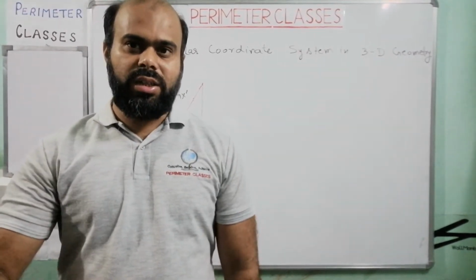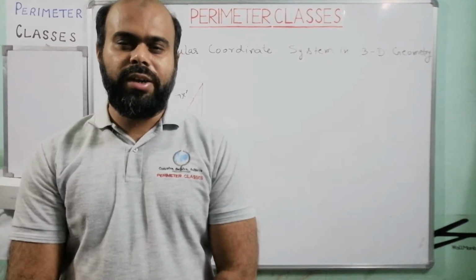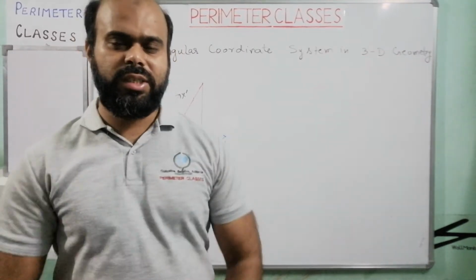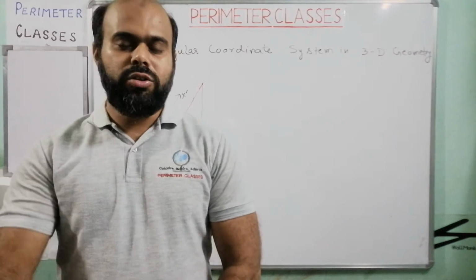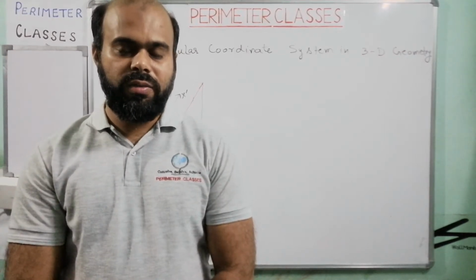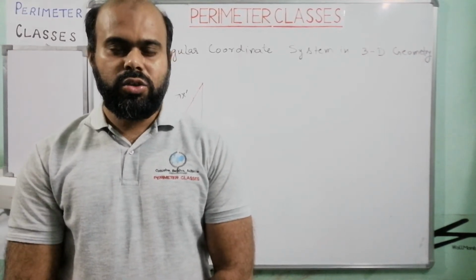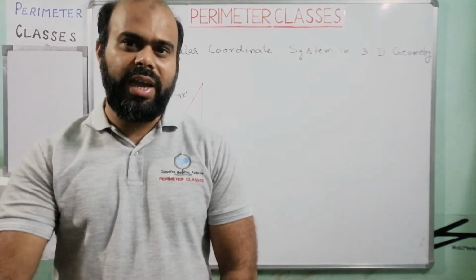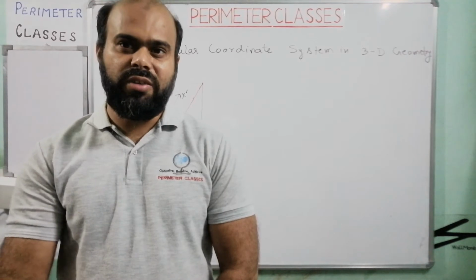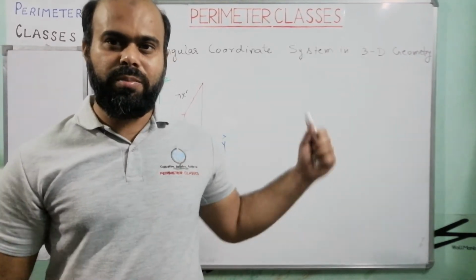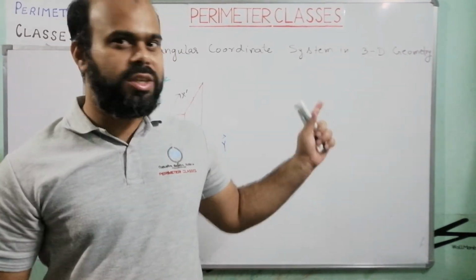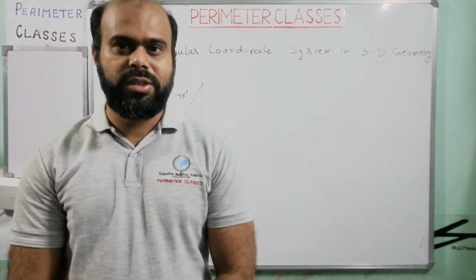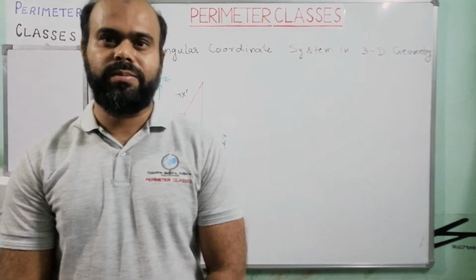Basically, when we start the concept of three-dimensional geometry, we have to know this. This is the basic. And then after three-dimensional geometry, we will come to vectors. So this series of videos on three-dimensional geometry and vectors starts with the first lecture which is being presented here, and this is based on the rectangular coordinate system in three-dimensional geometry.